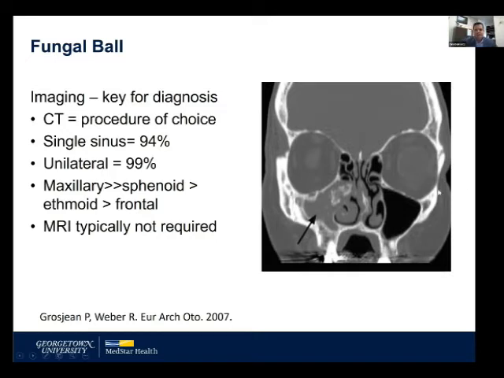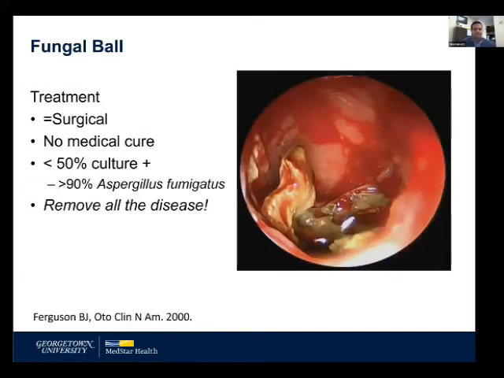And this CT here really shows the classic findings of it, hyperostotic changes of a chronic sinus picture, thickened bone. And you'll see these calcifications or concretions within the sinus, and it's not exactly clear what this is, just if it's insulated mucus that's been sitting there. Some have theorized it's a little bit more of the heavy metal sequestration by the fungi, but it's a common finding that really tips you off that this is a stronger suspicion of a fungal ball.